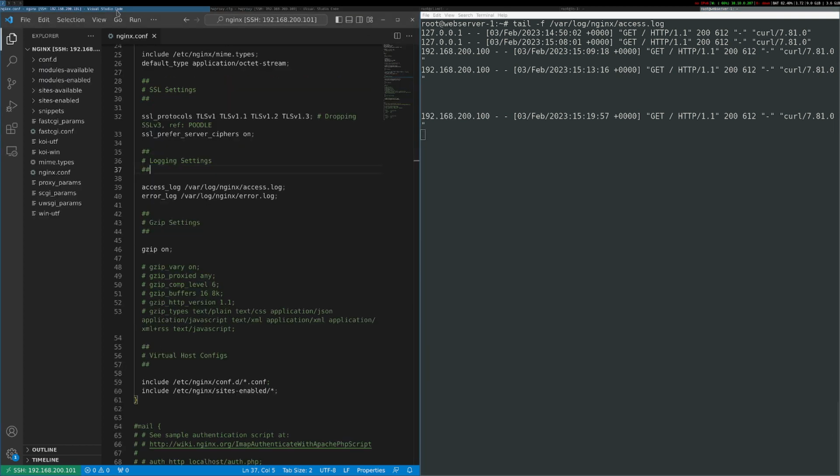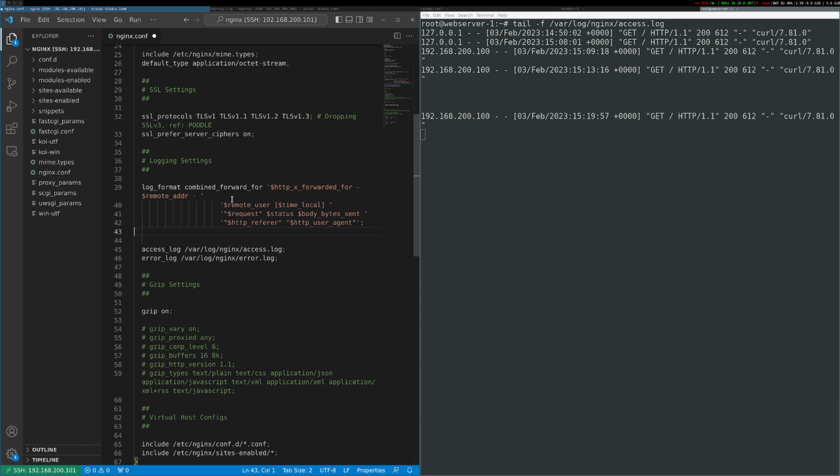So I'm going to head over to my NGINX config file, and I'm just going to set up another log formatter. And in this case, without getting into the specifics, because they're not necessarily relevant to the concepts, I'm just having NGINX log that X-Forwarded-For header, as well as the remote address, and then the rest of the request. I'm going to adjust my access log to use this new log formatter. Now I'll restart NGINX,